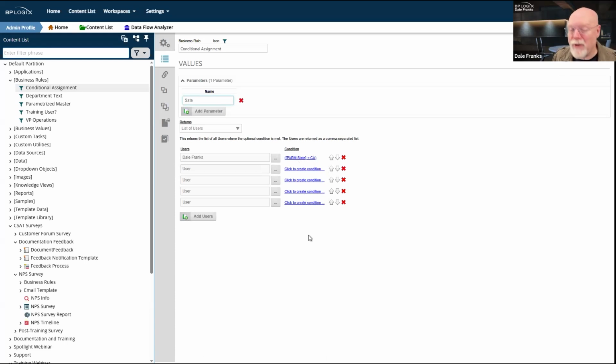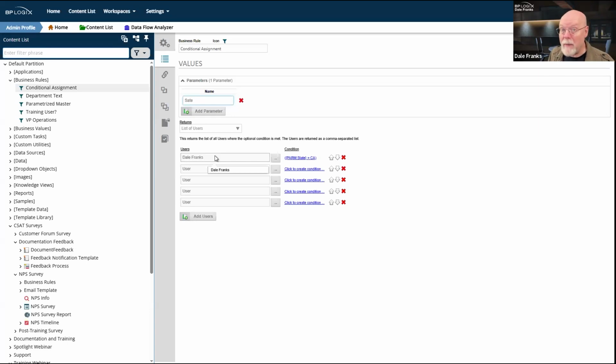So I really have to use a business rule in that case because I could do conditional group assignment, but that just adds another layer that is unnecessary to invoke. I can invoke a user directly from a business rule rather than invoking a group. It's just as easy to open the business rule and invoke the user. Plus, because it's in the content list, my citizen developers can use business rules. They don't need access to IT admin to set up their business rules.